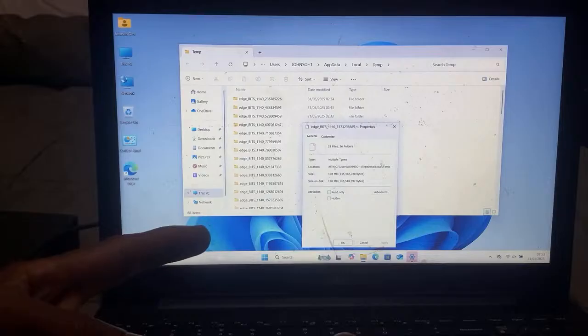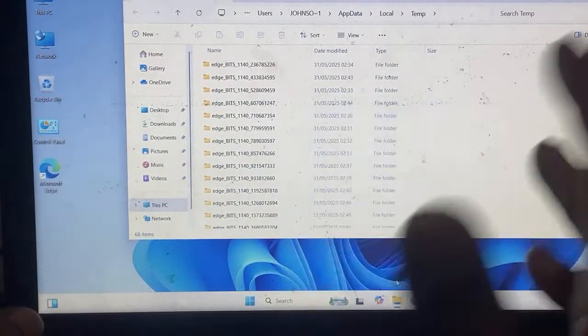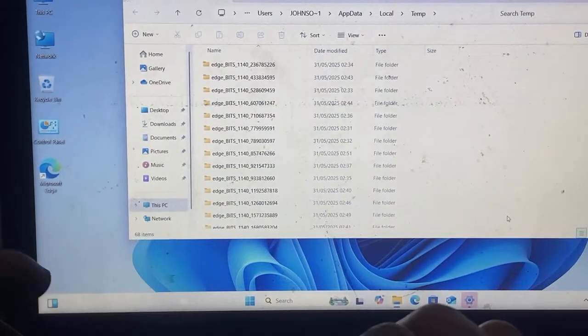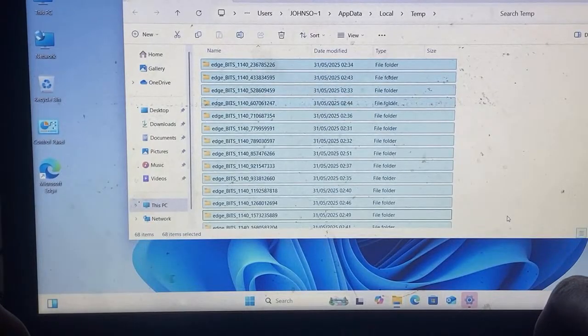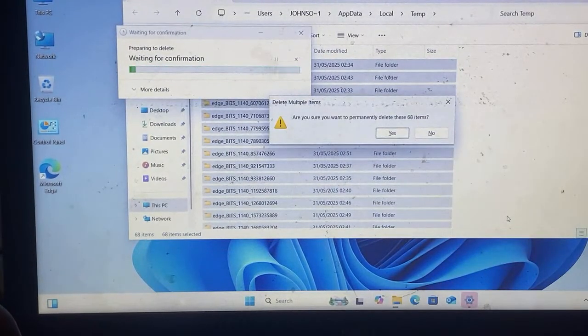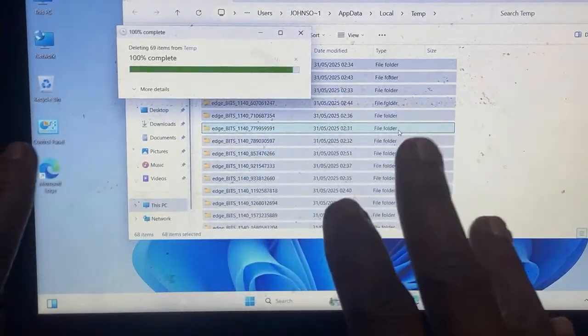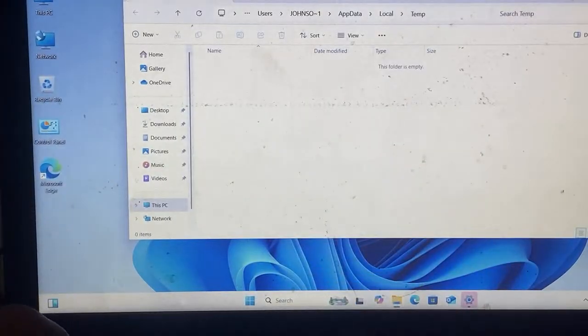Here we have 138 MB of memory that you're not going to be able to use. So I'm going to select this and delete everything here. Yes, we have them deleted. You delete all these files. They won't do any harm, they're just temporary files. Then the next thing you're going to do